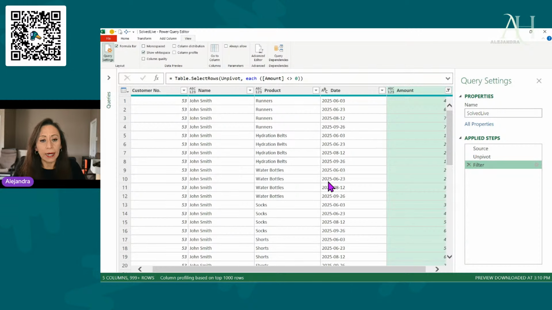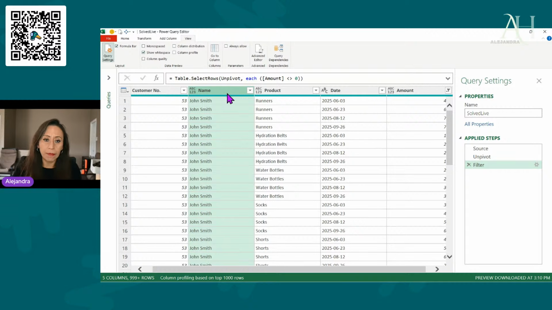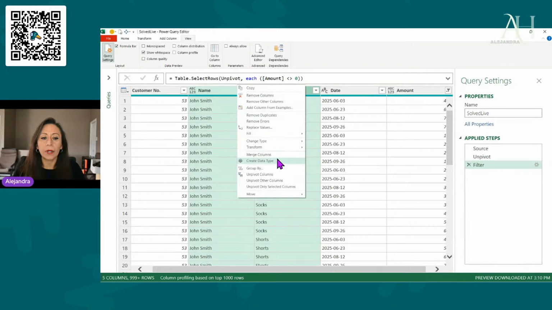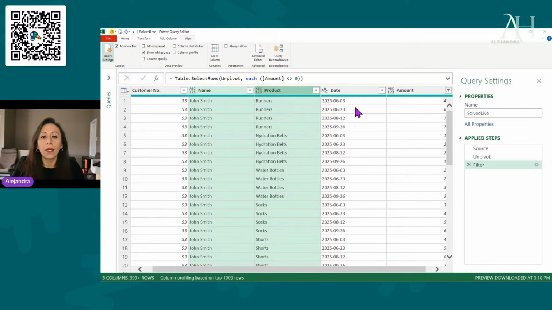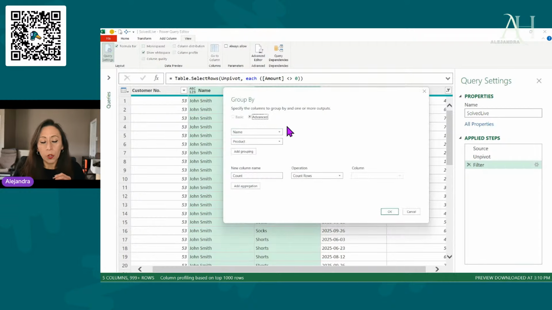Now that I have that, I can group this information by the name and the product. I select the column name, press and hold control, select product, and then I'm going to right click and go to group by. I want to group this information by these two columns, and I'm going to name the new column. I'm going to say latest